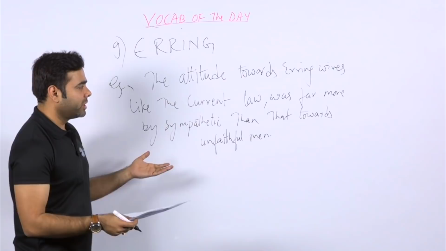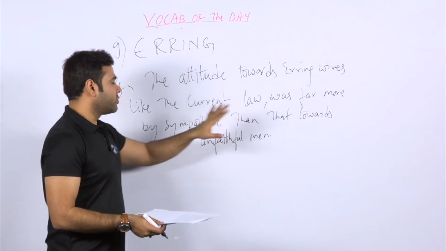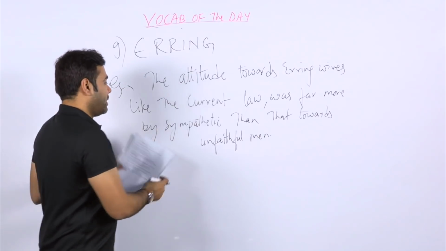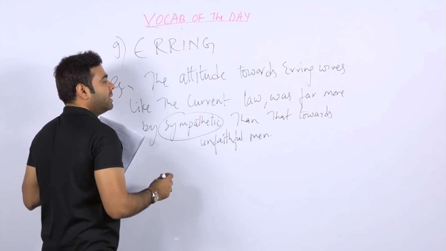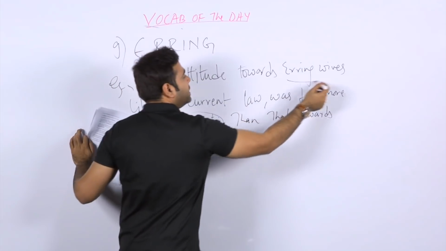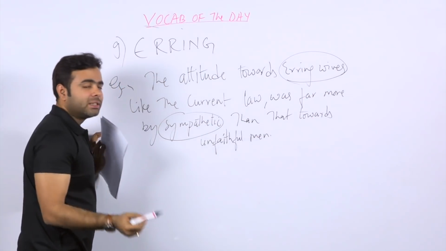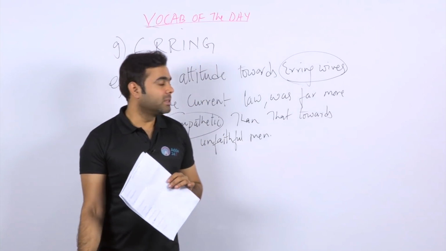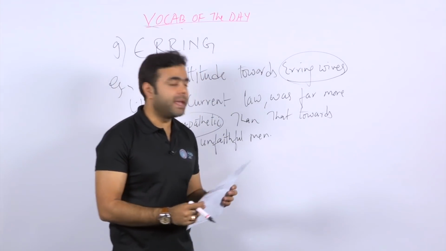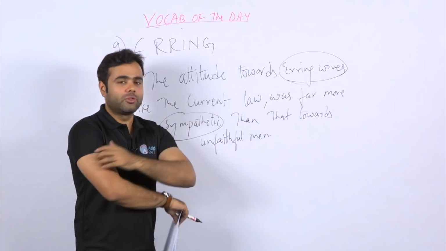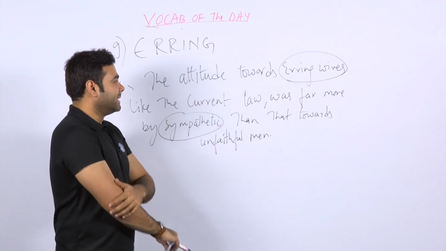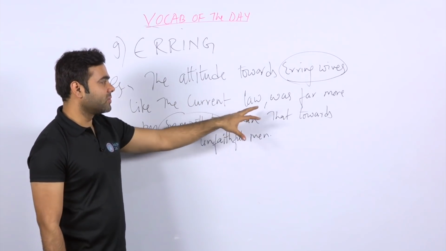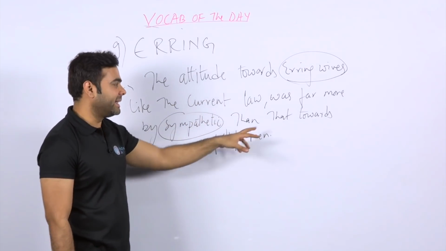What is the current law according to the constitution? Was far more sympathetic. You can say wives who did some kind of mistake. The word should be mistake. I should indeed use mistake because any intense word may intensify the feelings, isn't it? I hope you understood. So the attitude towards erring wives in current laws was far more sympathetic than that towards